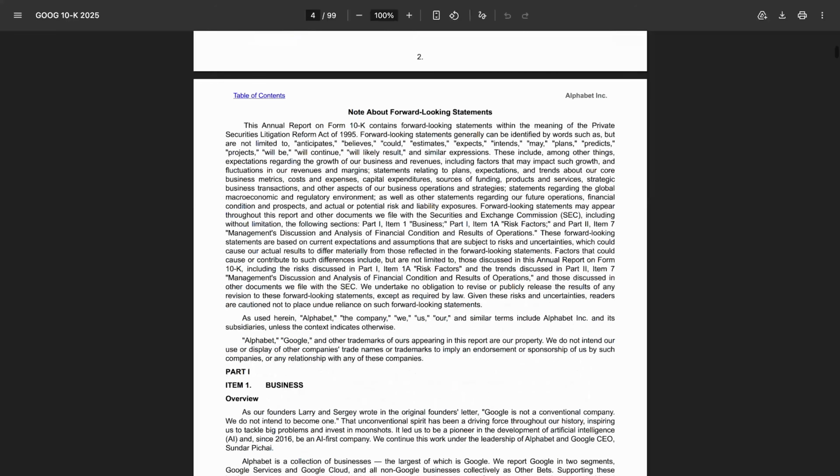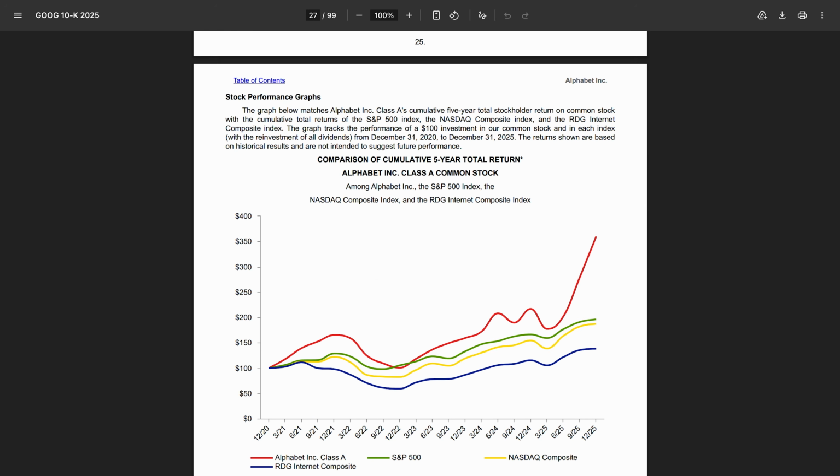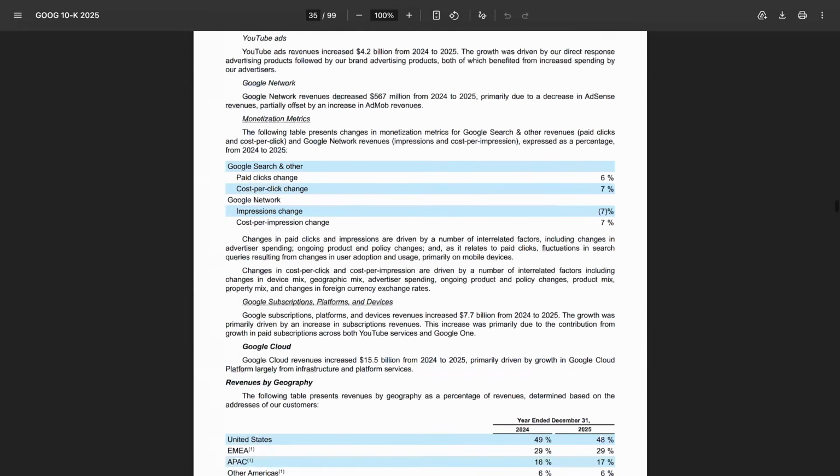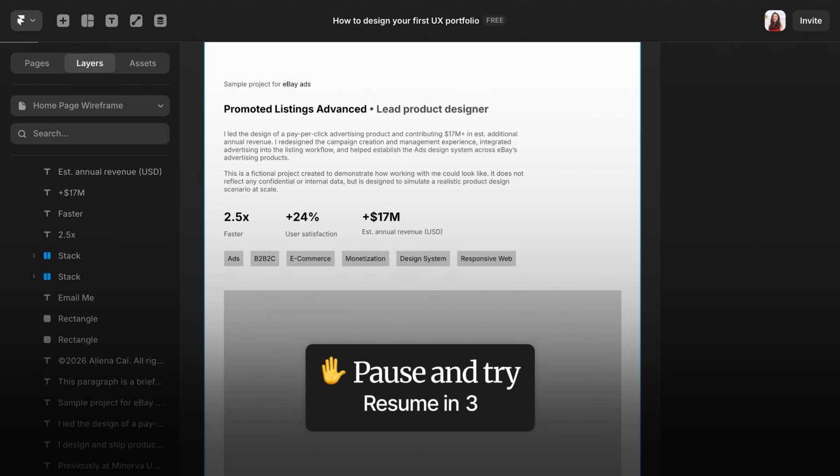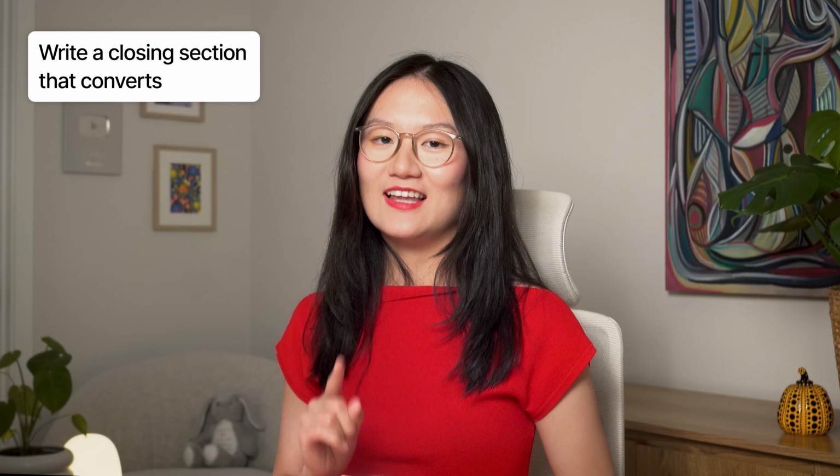This could be projected additional annual revenue or quarterly revenue. It can be conversion improvement or retention increase. And just please make sure to clearly label that all these numbers are estimates. Now it is your turn to start writing your case study summary. Have fun! We're now at the last writing step.